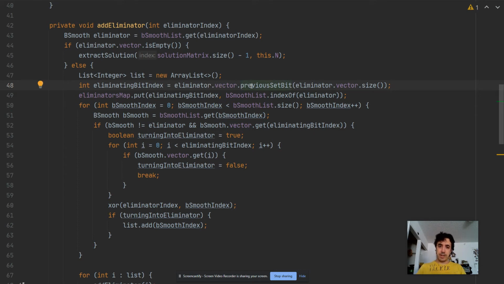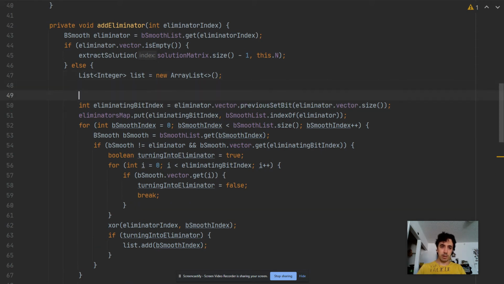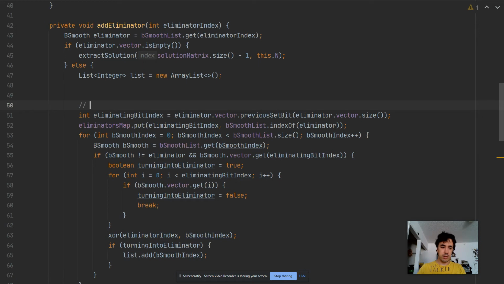The biggest difference is that instead of searching for eliminators from left to right, so for this vector, the eliminator would have been chosen to be at the position 1. Now, instead of that, we are doing it from the other side. We will choose it to be in here. And that plays a big role in optimizing the size that the